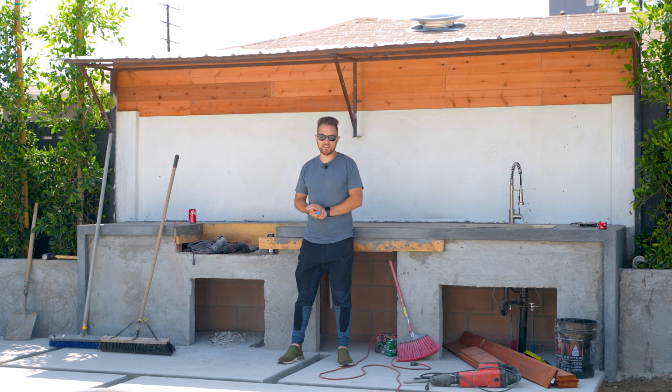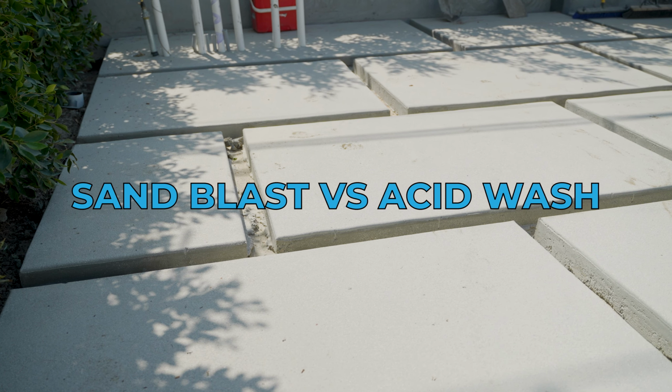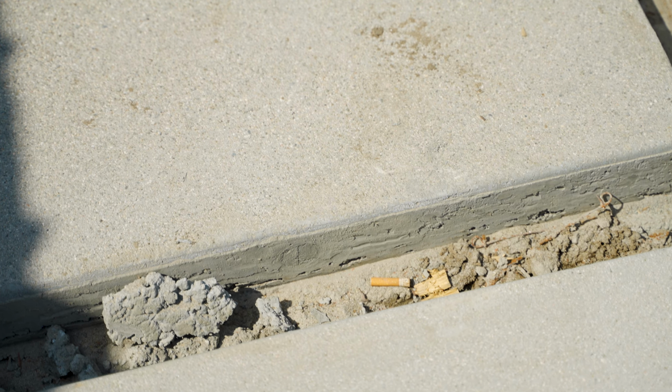Now I will say that the sandblast finish is not exactly the acid wash, but it's very, very similar. Right next to each other, you can probably notice and tell. I think to anybody that is none the wiser, they'll never know that there was a difference here. But since I know, I could kind of tell the difference, and we'll show you guys right here the two